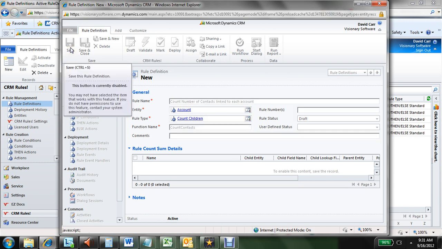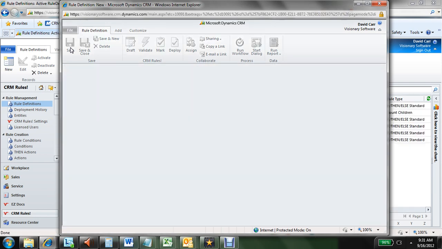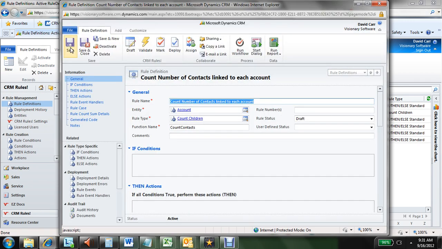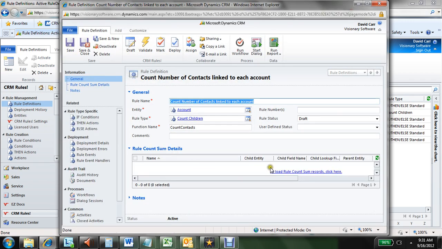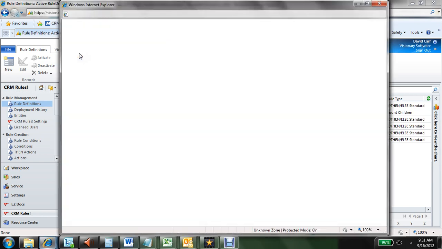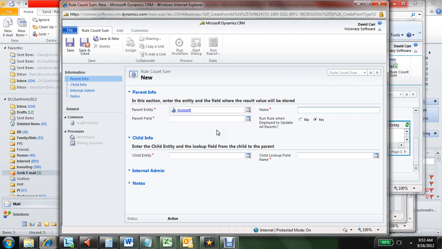Once you save the rule, the rule count sum details section opens up, and you'll be able to enter in the conditions, the fields you want to count, basically. So this rule count sum details section now needs to just be clicked on so we can add a new one. Alright, so to fill out a counting rule, you simply need to specify the parent field you're going to store that in,